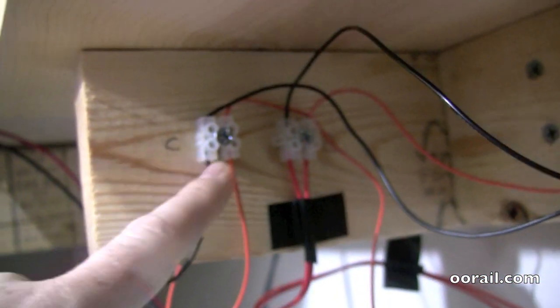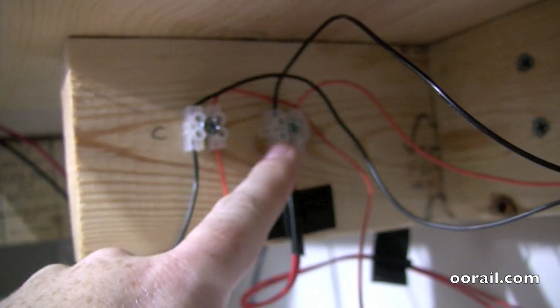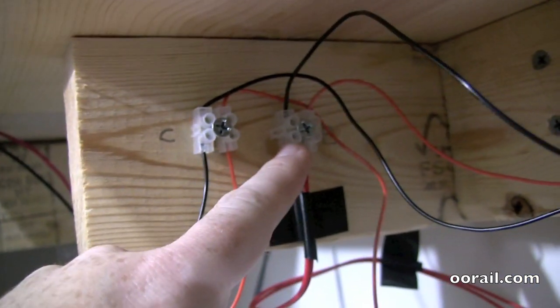These are the center ones. And then over here you can see I have block C and block B coming from the other sections of the layout. And if I duck the wiring under here, you can see I started to tidy the wiring up a little bit with some of this foil tape. I was using electrical tape, but the humidity down here in the basement, even though it's not that high, was causing the electrical tape to peel off. So I went ahead and put some foil tape in there as well,